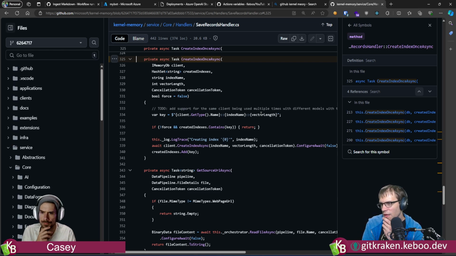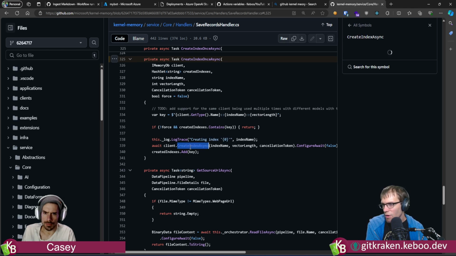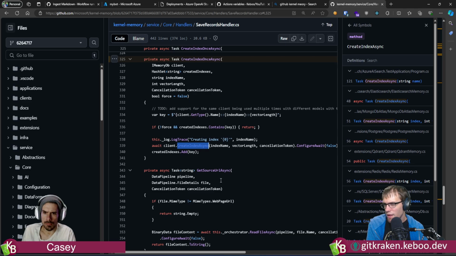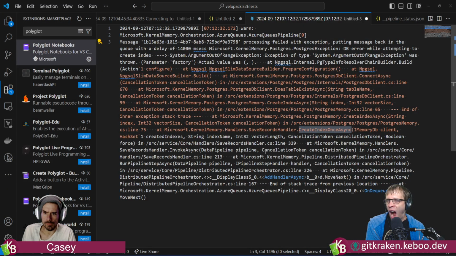Let's see, var key. That's for some kind of using. So we know we got to create index. Right? I believe that's the next line in the stack trace.